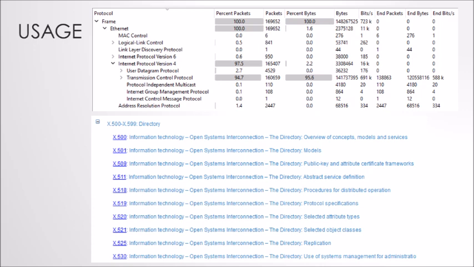This is a protocol distribution from 200,000 packets. And you can see in here, there are no X series protocols, which is what most of this comes from. There are no telecommunications standards protocols in this particular capture. If I did VoIP, we'd see something different, maybe. But that doesn't mean they're not out there.